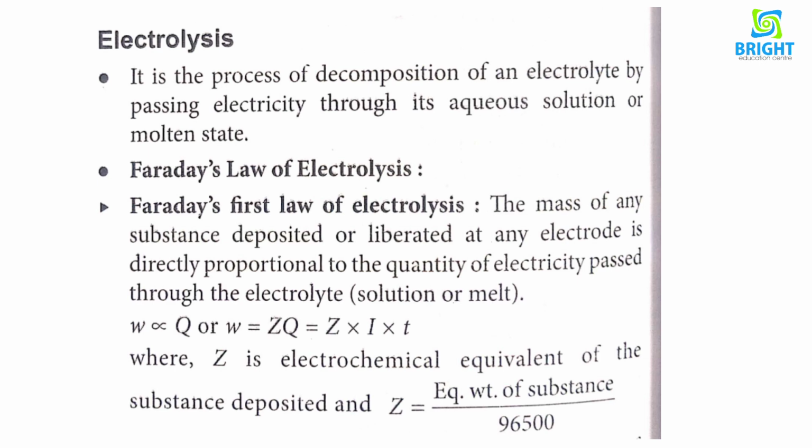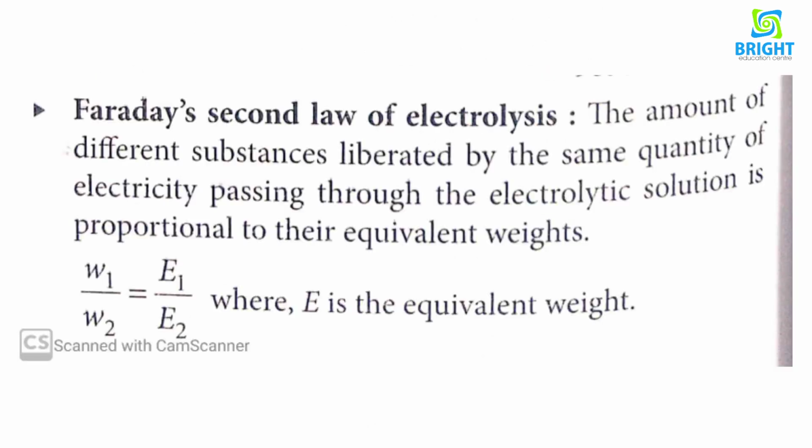So go through Faraday's first law very clearly. The mass of any substance deposited or liberated at the electrode is directly proportional to the quantity of electricity passed through the electrolyte, whether it is a solution or in a molten state. Then we go to Faraday's second law. The amounts of different substances liberated by the same quantity of electricity passing through the electrolytic solution will be proportional to their equivalent weights, that is W1 by W2 will be equal to E1 divided by E2,